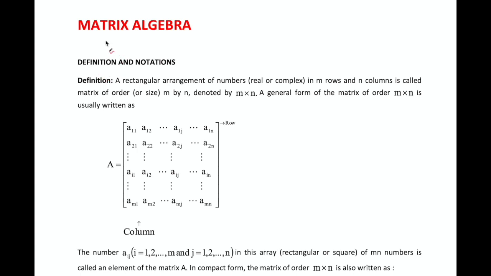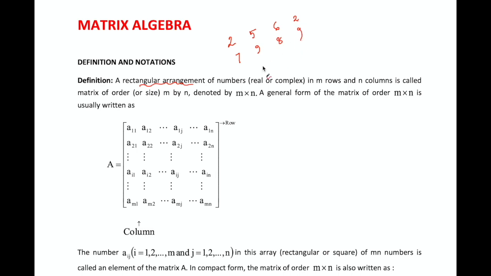So, first of all, how can we define a matrix, or what is a matrix? A matrix is a rectangular array of numbers, or a rectangular arrangement of numbers. Any rectangular arrangement of numbers is called a matrix. Any rectangular array or arrangement of numbers like this, let's say 2 5 6 7 9 8